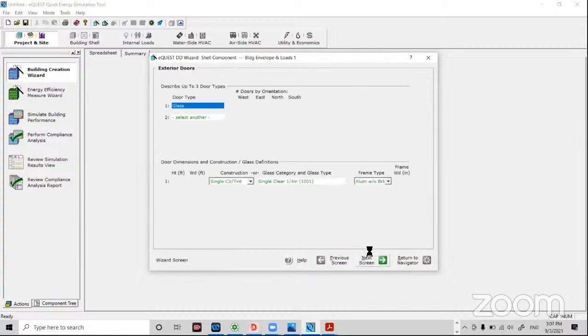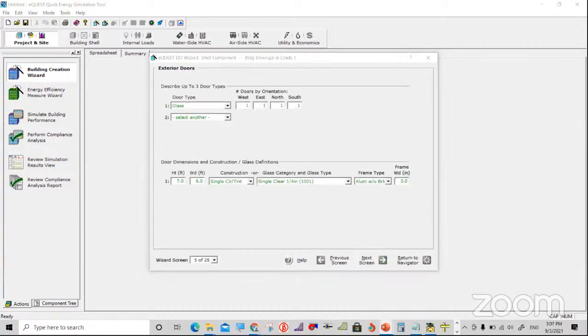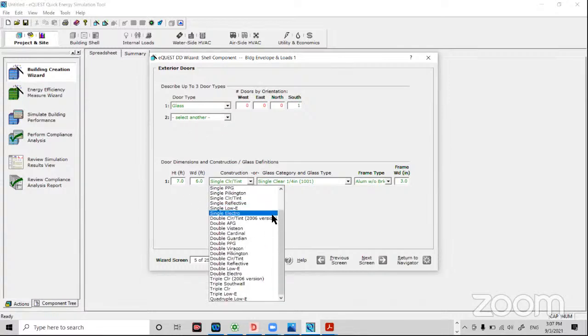And then go to the next screen. Doors. See, in our project, suppose we have door only in the south side. So we'll select one door is in south side. Now specify the glass properties for your door. So go to construction, select specify properties,